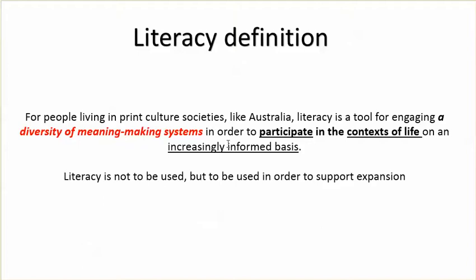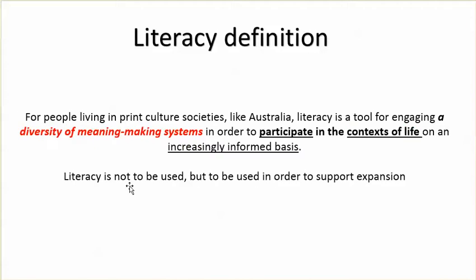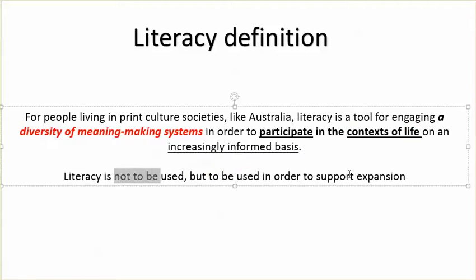All right. So we've got these three elements, and they're highly highlighted here. Actually, now this one looks better, because literacy is not used, but it's used in order to support expansion. And these things will be very important in your own argumentation about what makes you a literate person. Well, I have a Facebook, and I talk to my friends, but how expansive is that? Well, I learned that they had spaghetti this morning, or they had an argument with a boyfriend. Well, they're very good. I find these things very important, because